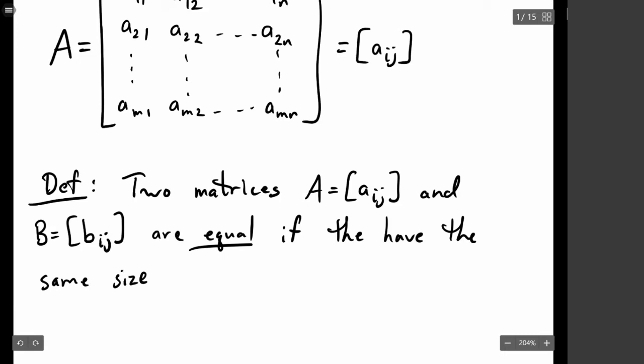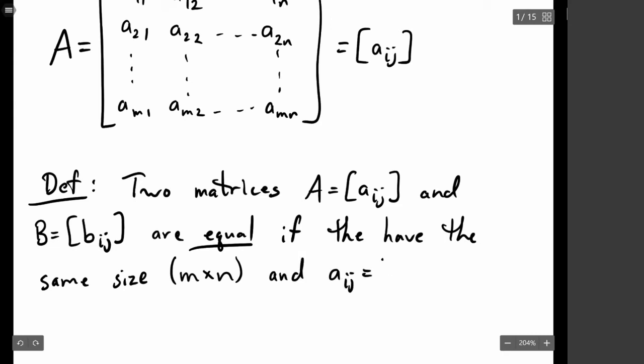And remember, the size of a matrix is the number of rows by the number of columns. Actually, let's specify that it's m by n, and